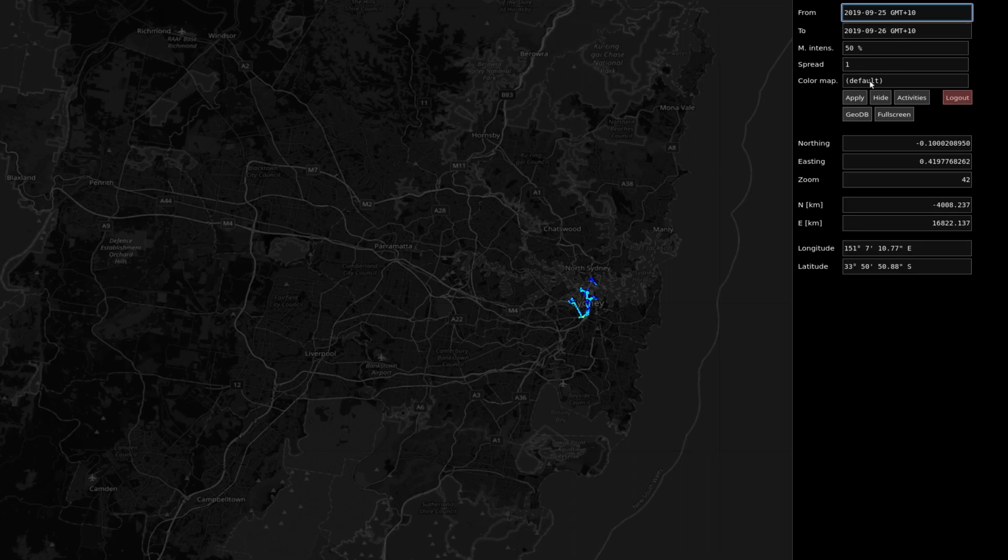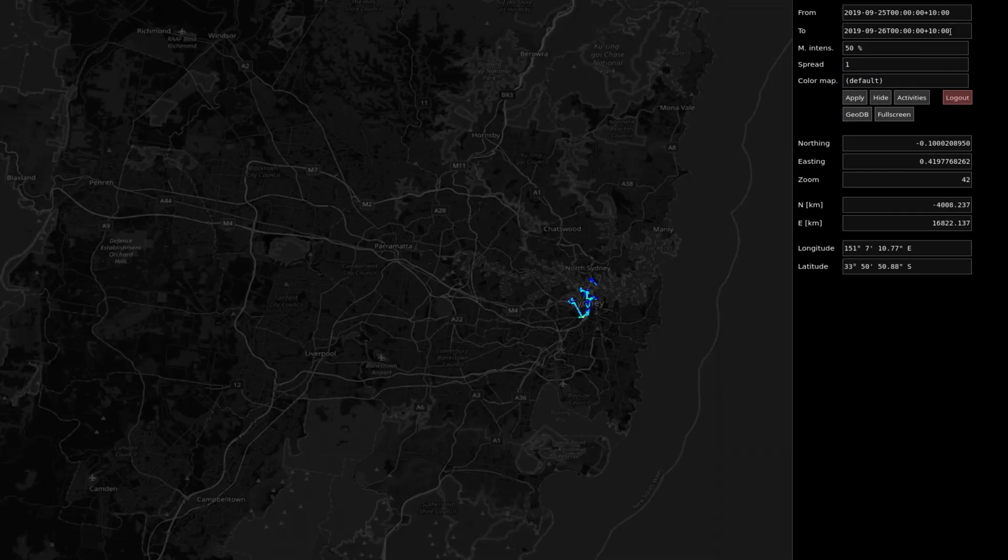Or you can use a full timestamp, and then you can use the plus minus notation. Or you can put the Z here for Zulu time, which is equivalent to UTC.